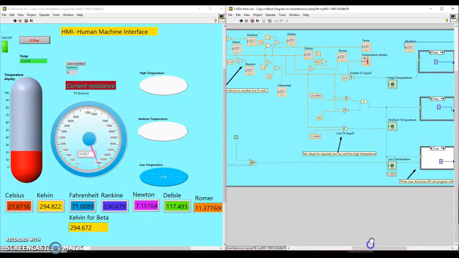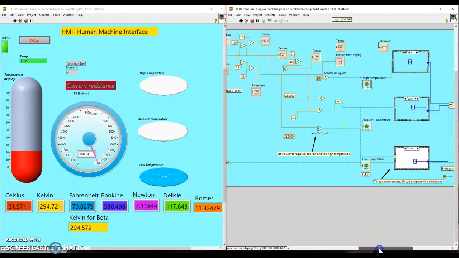Carrying on, we can see our temperature display right here, represented by those two graphical units. On the right hand side here we've got our three LEDs. Those three LEDs will depend on the value I apply here. We've got 29 volts or greater or equal, that will be for the high temperature. We've got 28.999 and 26, between those two is going to be our ambient or my ambient temperature, and